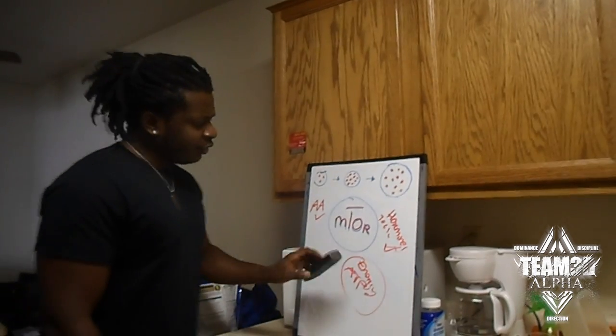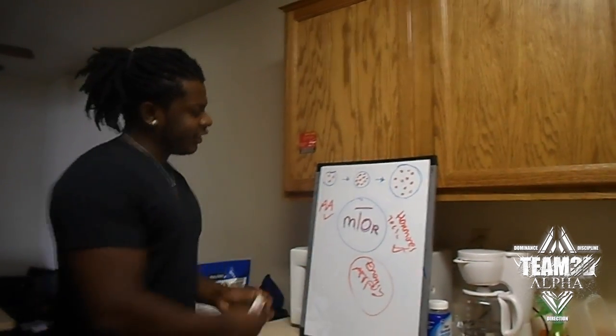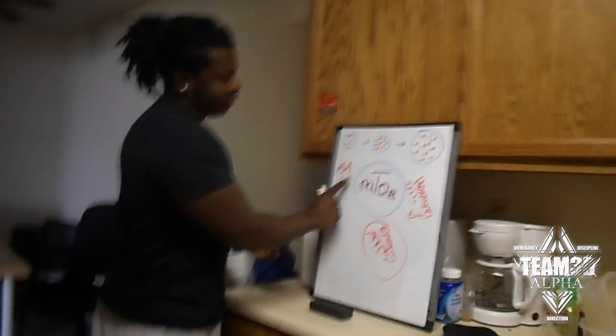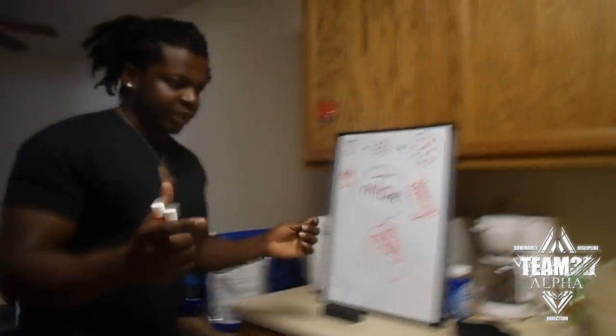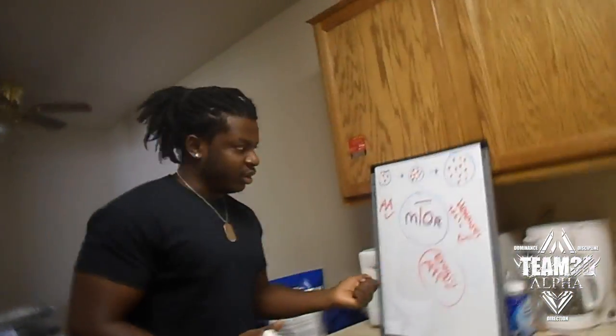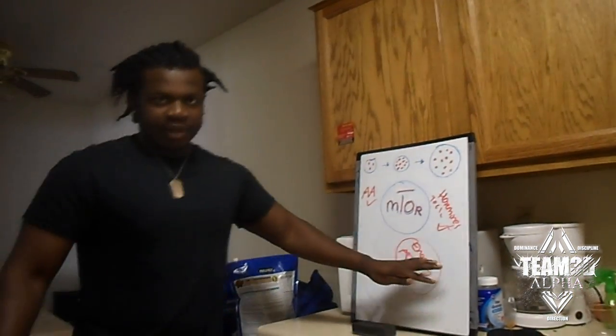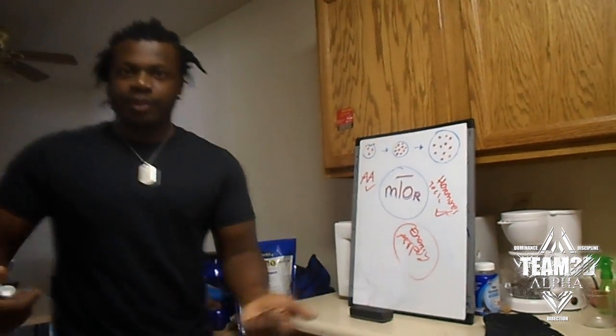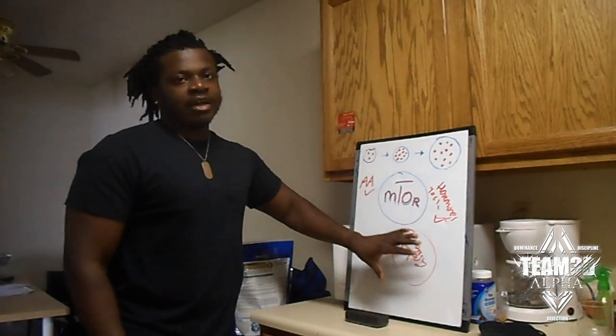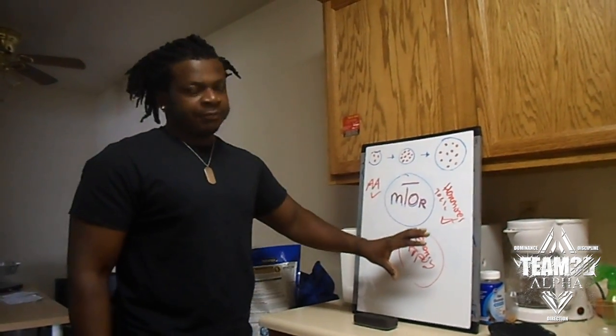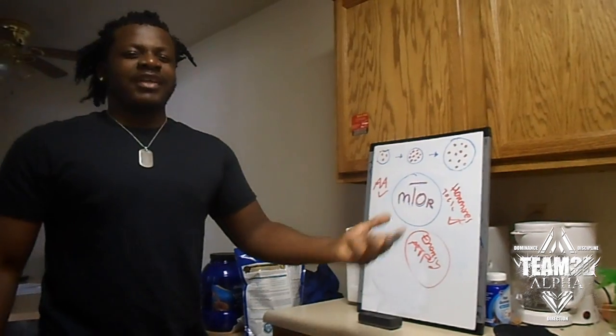Now, one important thing about the energy aspect of this is that mTOR senses all these things, right? Before he starts working, he goes, is my nitrogen here? Are my growth factors here? Is my energy here? That's the money supply. Once it's here, he can start paying the workers. If he's not getting enough energy, if this is missing, his opposite is going to start activating, and that's AMPK.